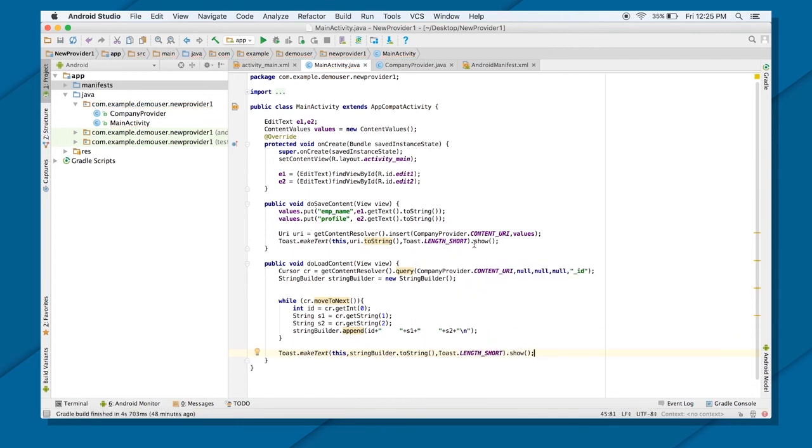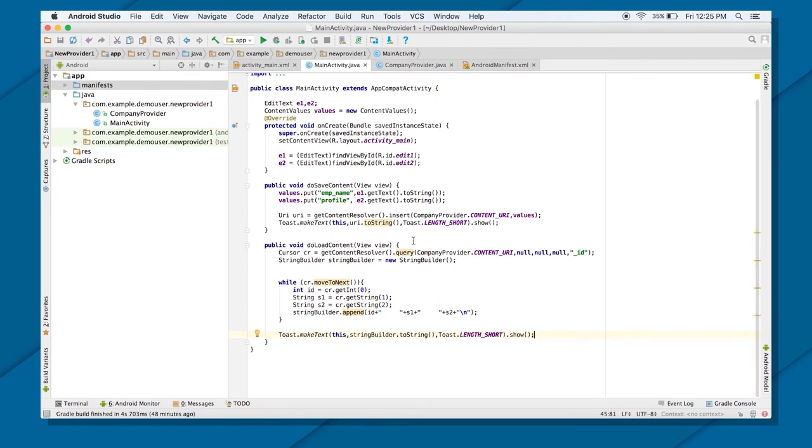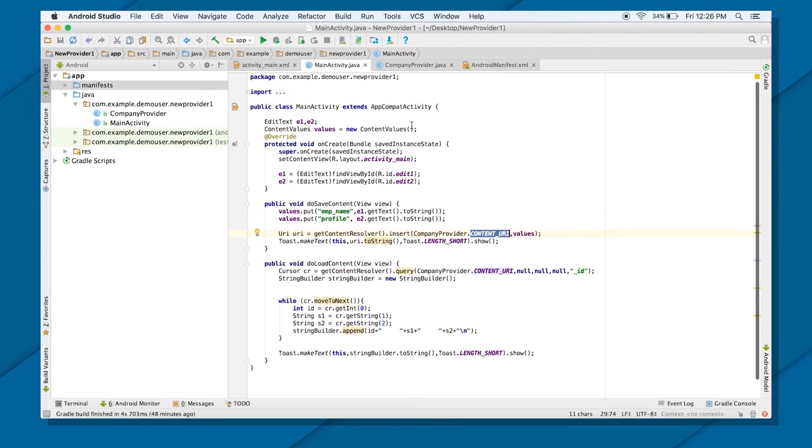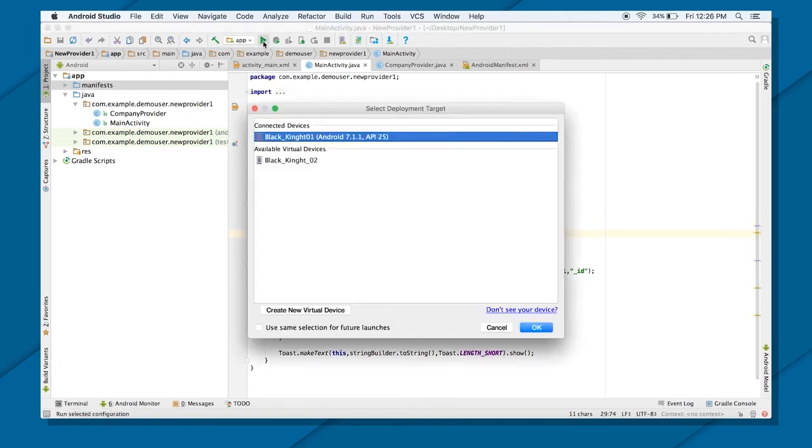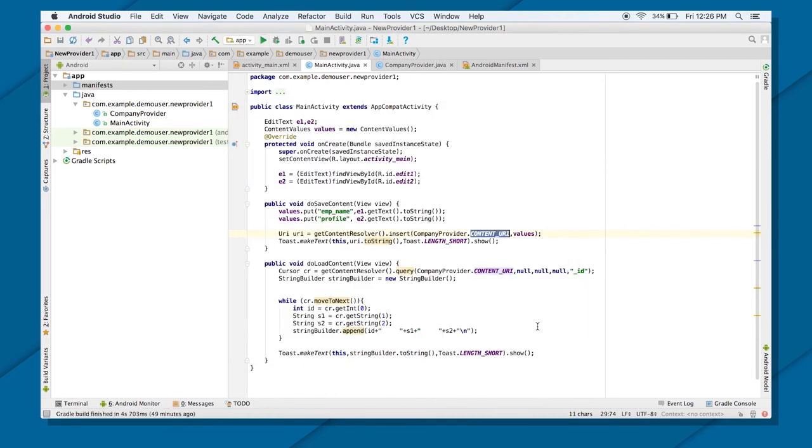Great. So that's all you need to know. That's all you need to do. So to access your content provider, we have your content resolver here, and we are passing the content URI here, and it will know which content provider we are talking about, and it will access it. So let's just see if this really works or not. We'll run this.